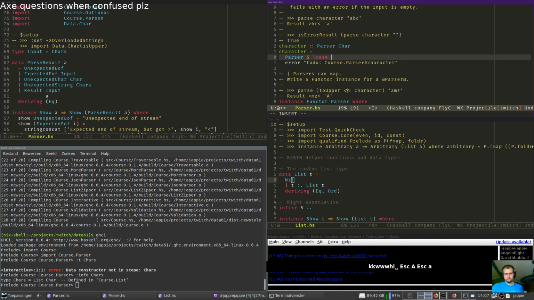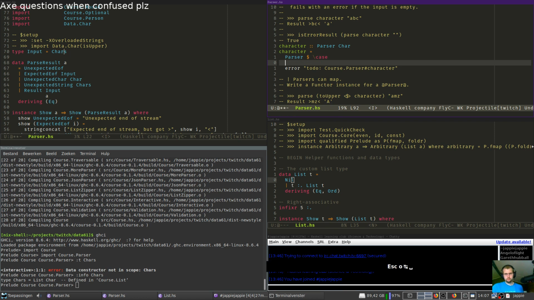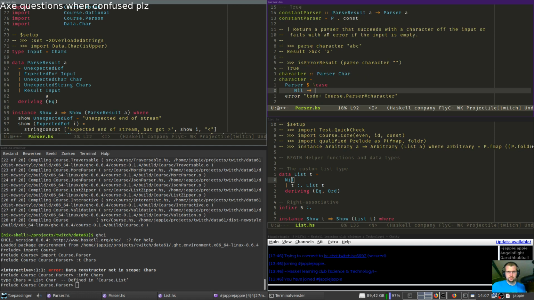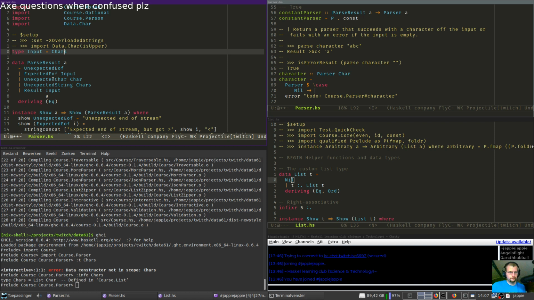Lambda case. So if you're nil, then we need to give it an error, they say. Return a parser that succeeds with a character of the input, or fails with an error if the input is empty. What error then? Just undefined?